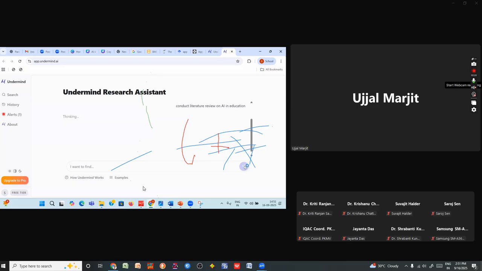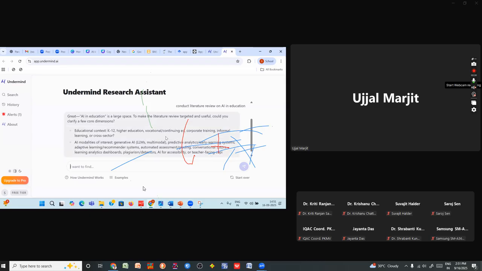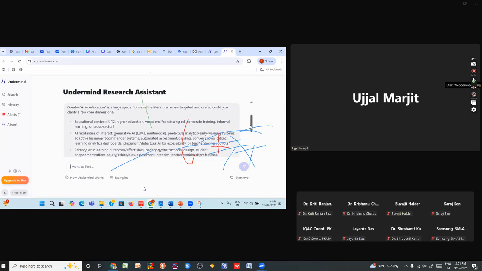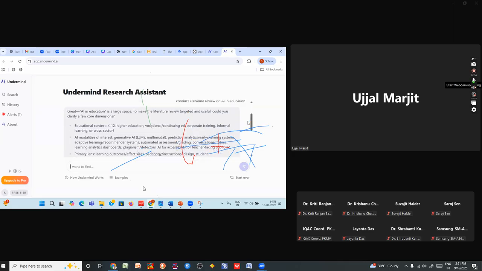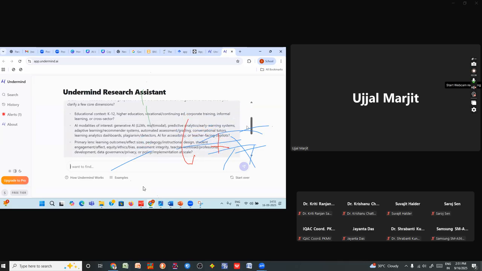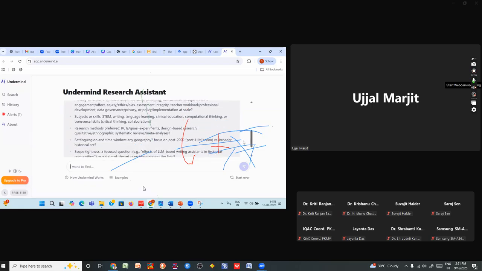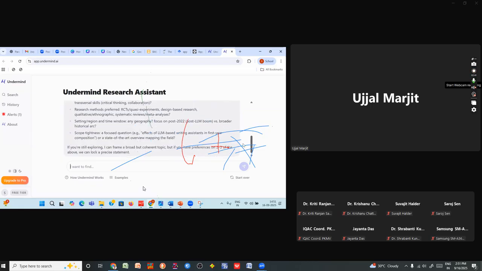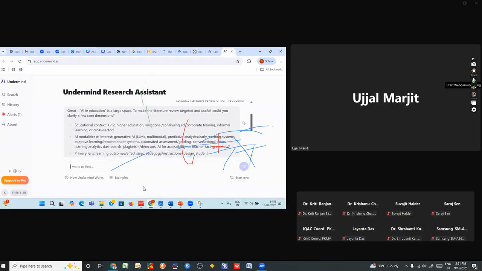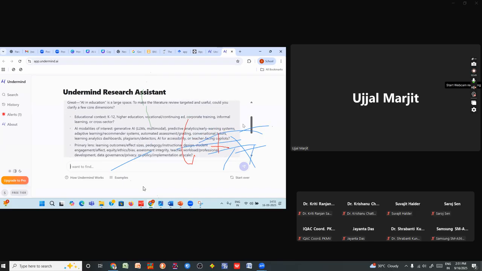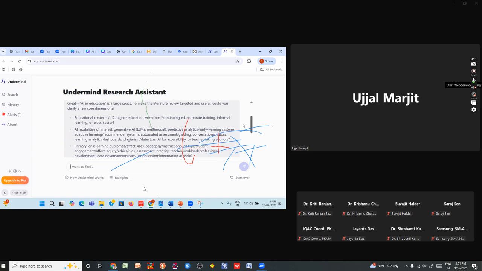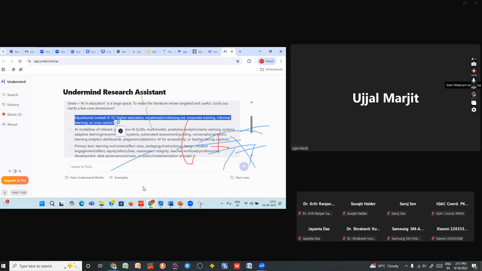and once the process is complete, you see the tool has given 1, 2, 3, 4, 5, 6, 7 options. Okay. Now you choose which options as per your need. Now I am going to select this one, educational content K12. Okay. Now just click open